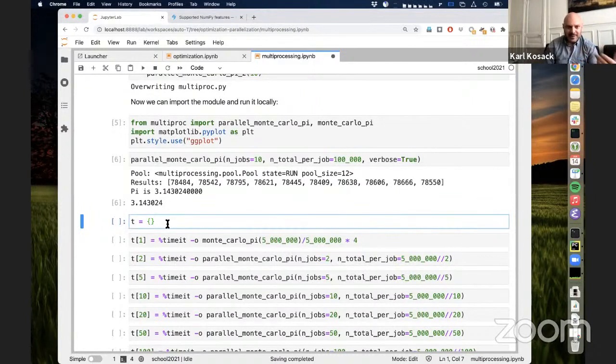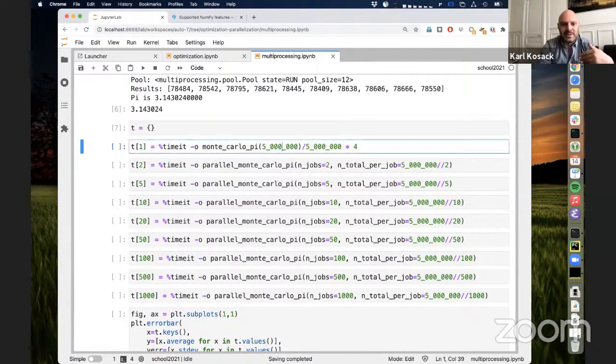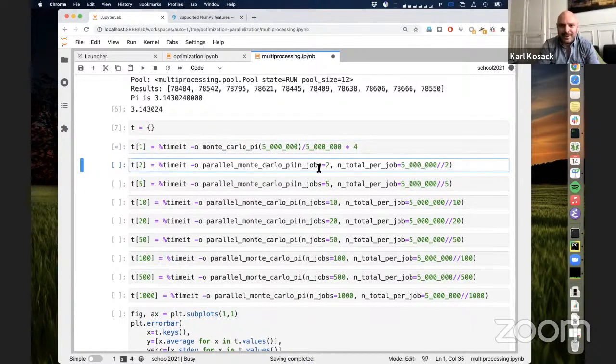Let's time this and see what we got. So here I'm going to run. Now I've changed this so the total I'm going to run is 5 million, and I'm going to divide this always by the number of jobs I add. So I'm always going to throw a total of 5 million, but add more and more parallelism each time. So first I run 5 million on a single job, then 5 million over 2 jobs, then 5 million over 5, 10, up to 1,000. Sorry, this is not really cores, this is jobs. It automatically splits the jobs onto all available cores, and I have 12 cores on my machine with hyperthreading.